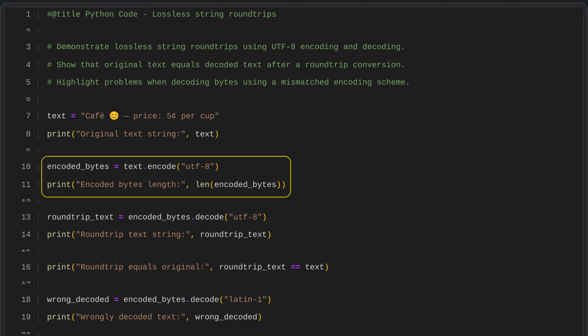The text is converted into bytes using UTF-8 encoding, which turns the string into a sequence of bytes that computers can store or transmit. After this encoding step, the program prints the length of the resulting byte sequence. This length shows how much space the encoded text takes up and helps you understand how efficient the encoding is